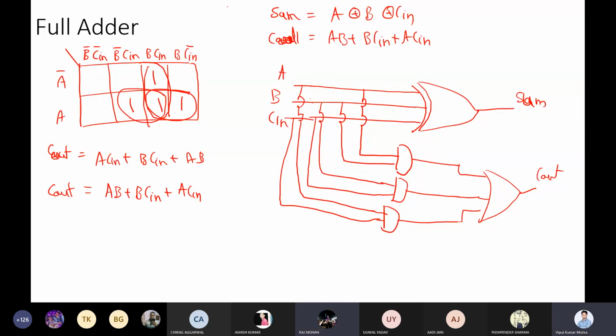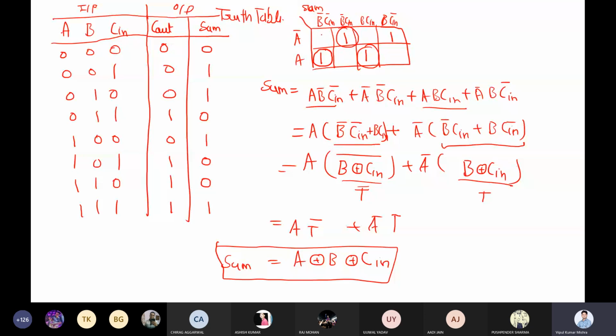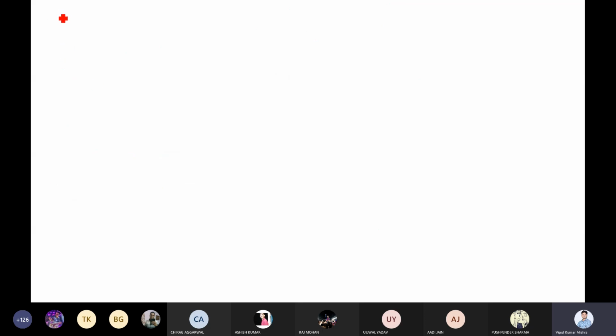No, sir. Cool. Now I can see something beautiful. Suppose we have a half adder available with us, and we have an OR gate available with us. Now I want to make a full adder from there, using half adders and some OR gate. So let's look into how we can reform the things. In order to reform, first of all, let's talk about sum. So suppose we have a half adder.